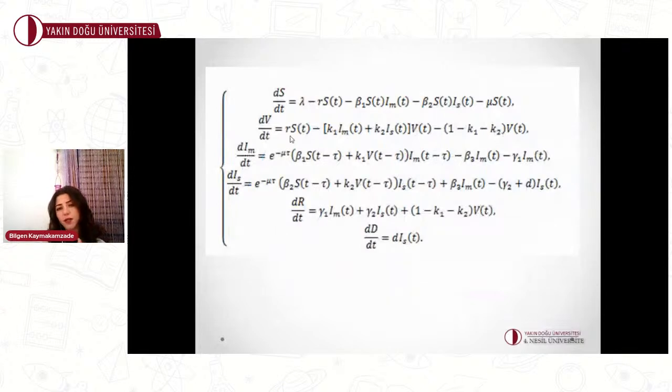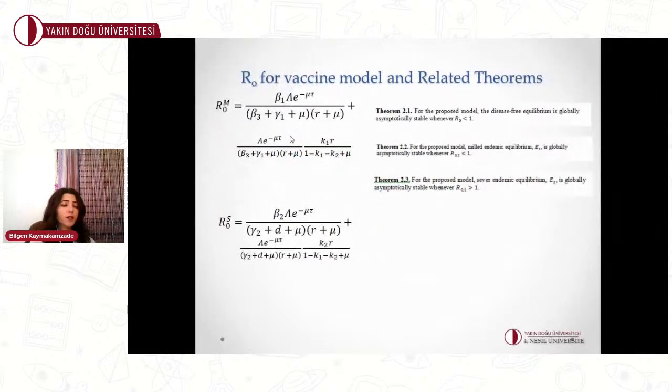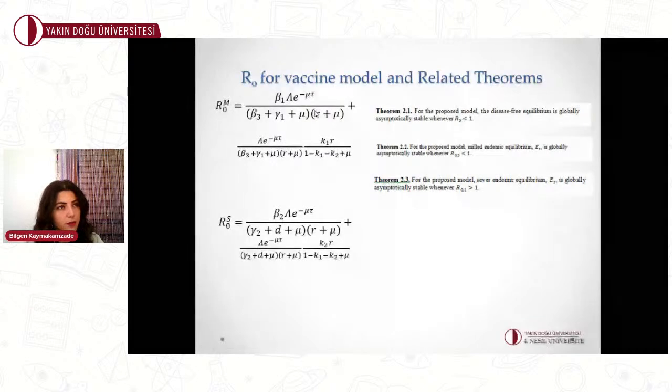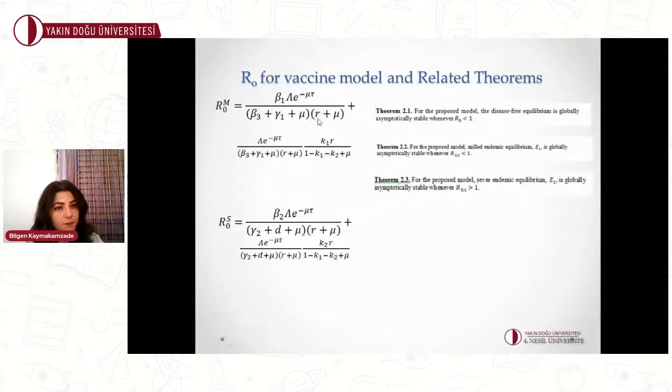By creating this kind of model, we are looking for the answer to what the effect of the vaccine is. Using the model, we create our system of differential equations, and using the next generation matrix method, we found our basic reproduction ratios. Here, if we check that, I will just explain how the vaccine plays a role. So, let's check the vaccinated persons and the rate of the vaccine.